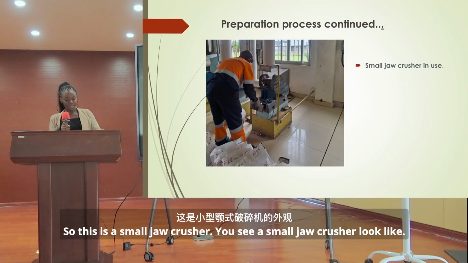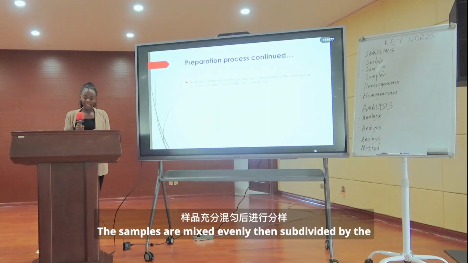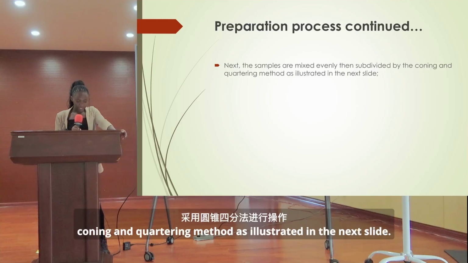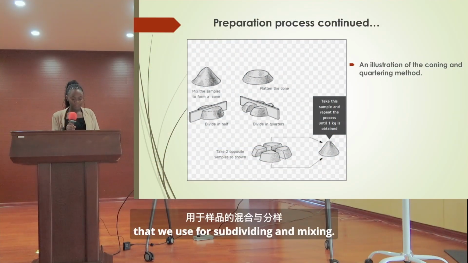This is what a small jaw crusher looks like. At this particular moment it was in use. The samples are mixed evenly, then subdivided by the coning and quartering method as illustrated in the next slide. This is just an illustration of the coning and quartering method that we use for subdividing